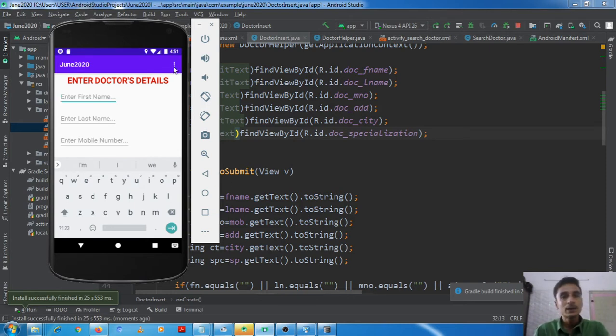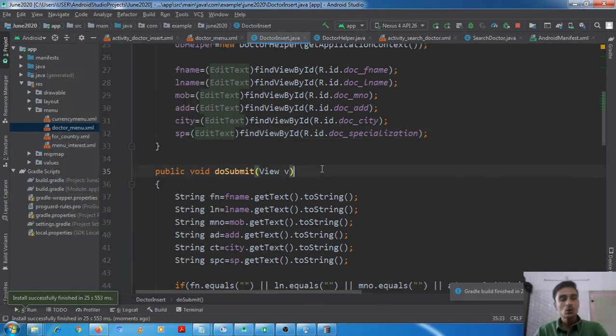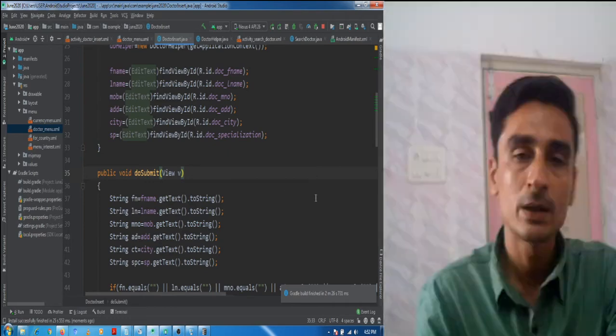Options menu is there, search doctor, clicking on that, yes, another layout opens. So what we have decided and planned is working.